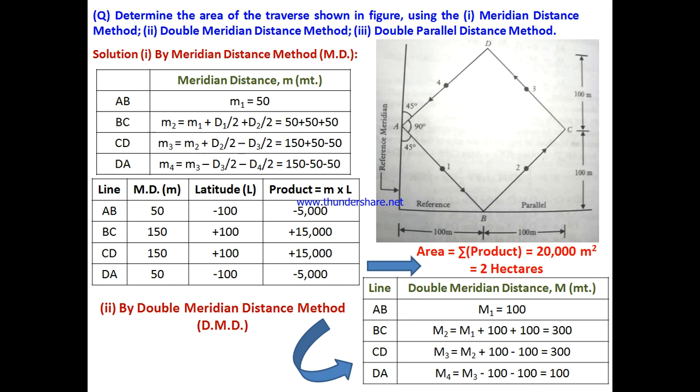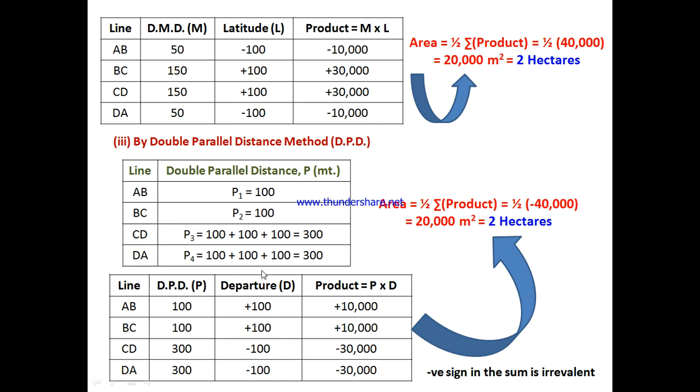okay. So you also have to keep the departure value sign convention in your mind. All those departure values which are moving in the east direction are taken as positive. For example, line 1 and line 2 are going towards east direction, so positive, while line 3 and line 4 are moving towards west direction, so negative. So you can see here 1 and 2 are positive and 3 and 4 are negative, okay.